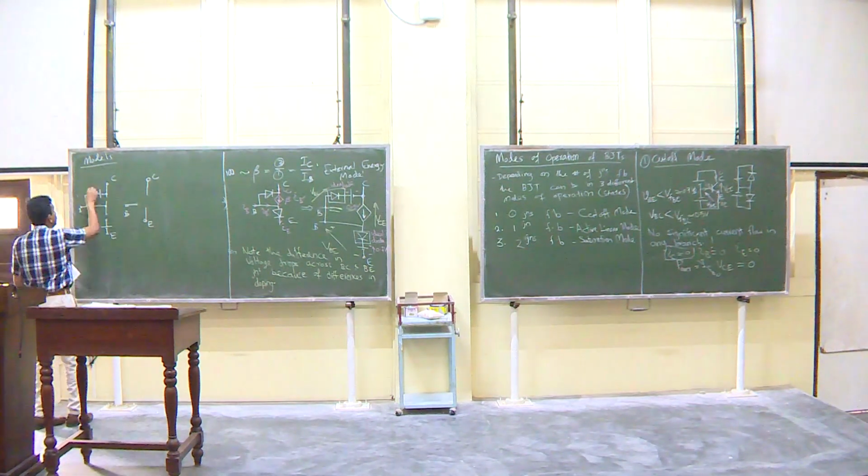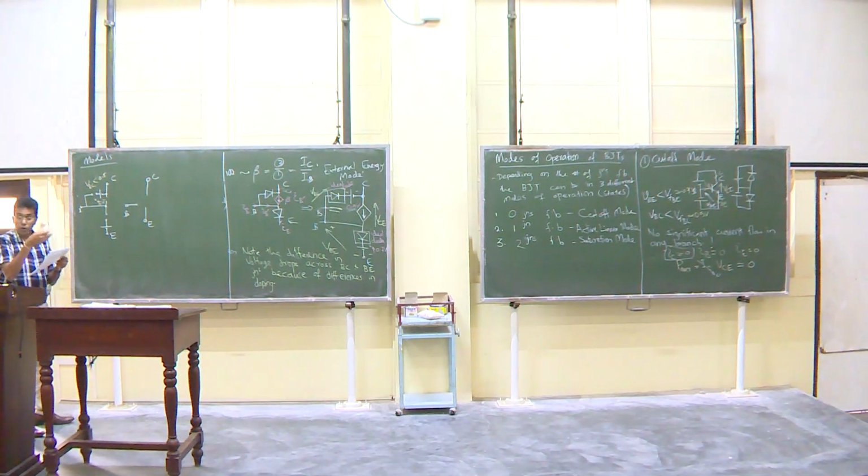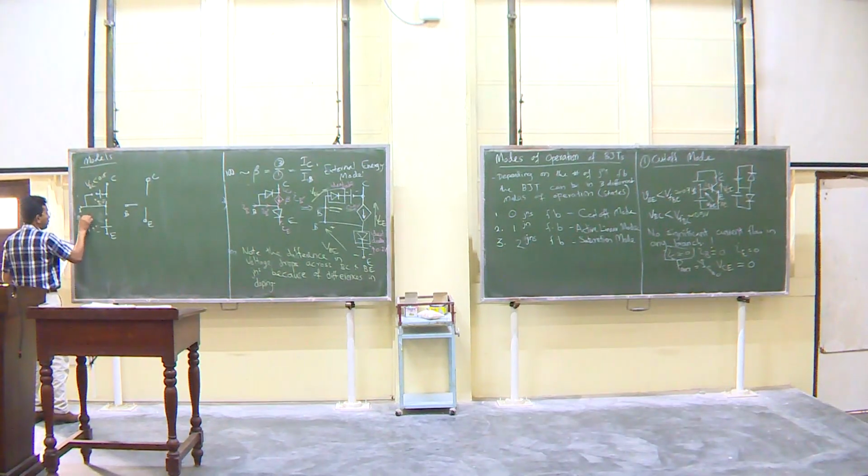So VBC, base to collector voltage, is less than 0.5. Why 0.5? This is 0.5 if it was conducting, but now we are modeling it as a battery, no. So whether it is conducting or not, it is there, but this is open circuit. So therefore, it will not work. And this one, 0.7, VBE, because this is open circuit, VBE will be less than 0.7,